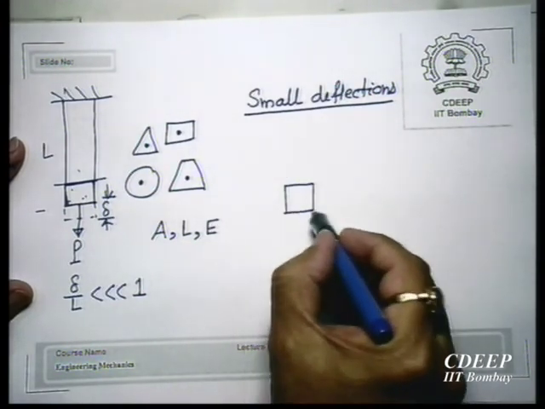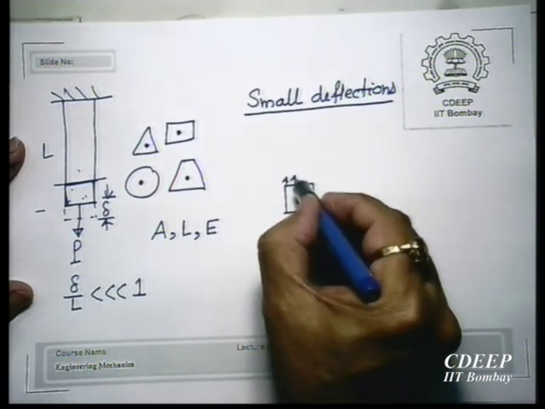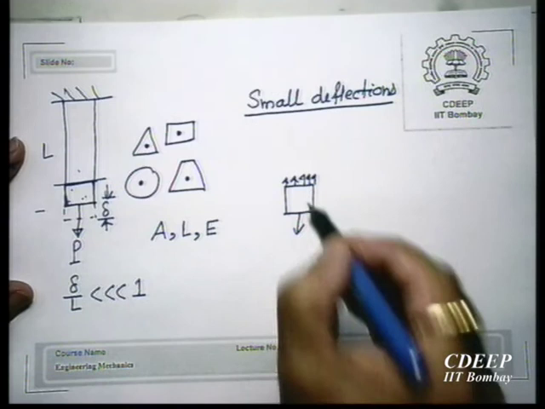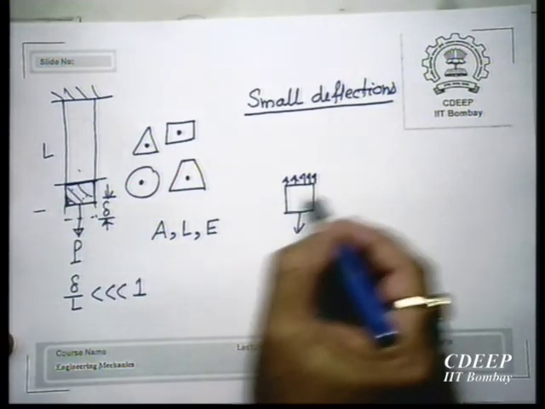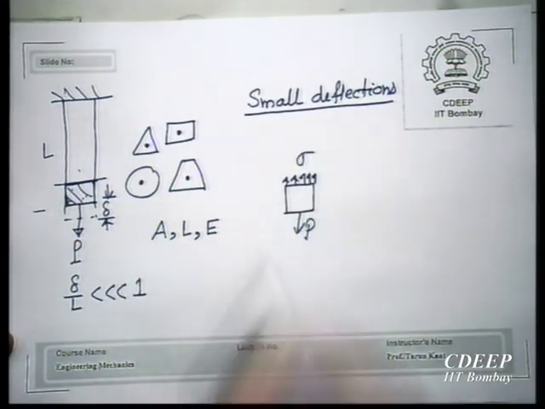This is what? This is the free body diagram of the bottom portion. Is this deformed or undeformed? Tell me. This is the free body diagram of this portion. P is acting and then this is sigma. Okay. Is this deformed or undeformed? Undeformed. So we are considering equilibrium under the undeformed condition. We are not considering deformation of the body in our equilibrium consideration. Since we are not considering it, that means the displacements are small.